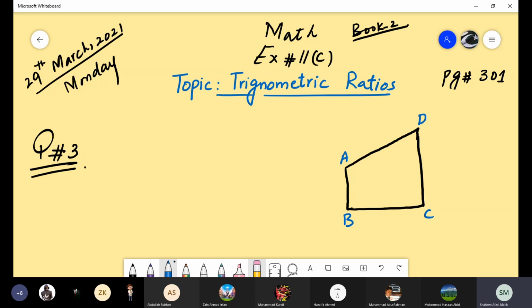Read the question. The question is, the figure shows a quadrilateral ABCD where angle ABC, the angle at point B, and angle at point C, they both are equal to 90 degree. Given that the length of AB is 4 meter, this is a length 7 meter. DC and DA. DA is also 7 meter and DC is also 7 meter. So the thing is that you have to find 2 things here. The very first thing, the angle ADC, means there is some missing angle at this point that you have to find out, and then the length of BC.